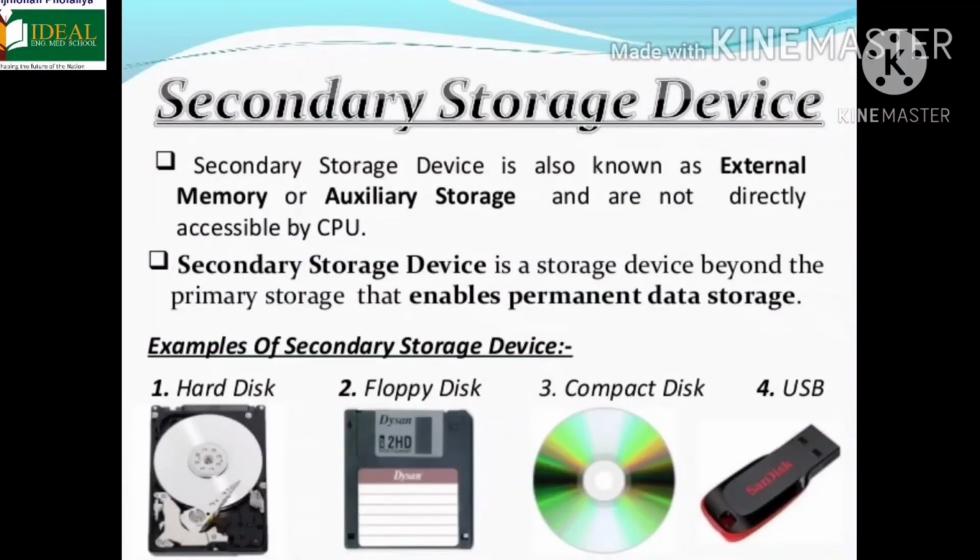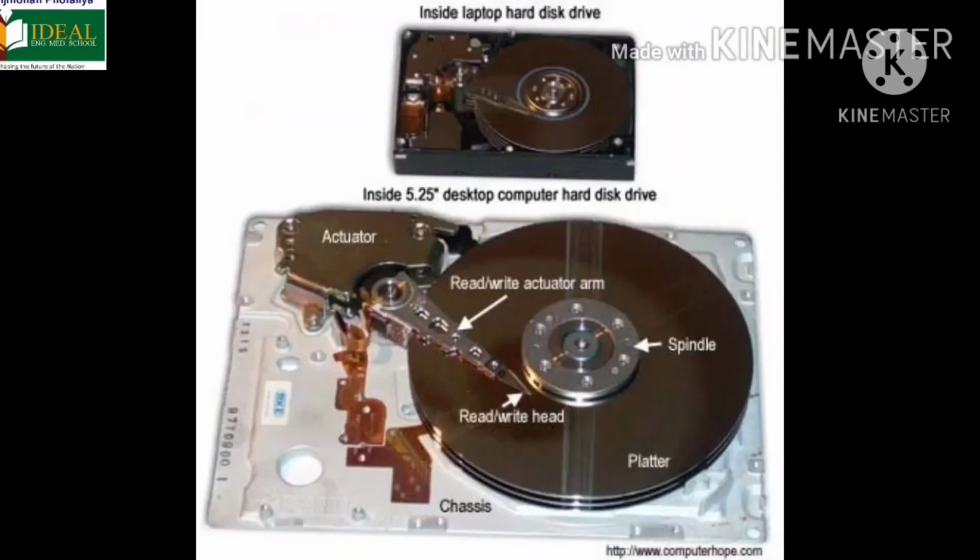Secondary storage or the secondary memory. The secondary memory of the computer is also known as external memory or auxiliary memory. As you know, RAM is a temporary memory which is lost when you switch off the computer. Now, there may be some information that you need to store permanently. Such information can be stored in the secondary memory. Information stored in the secondary memory can be erased, or some new information can be overwritten on it. Hard disk, CD, DVD, and USB flash drive, which means pen drive, are examples of the secondary memory.